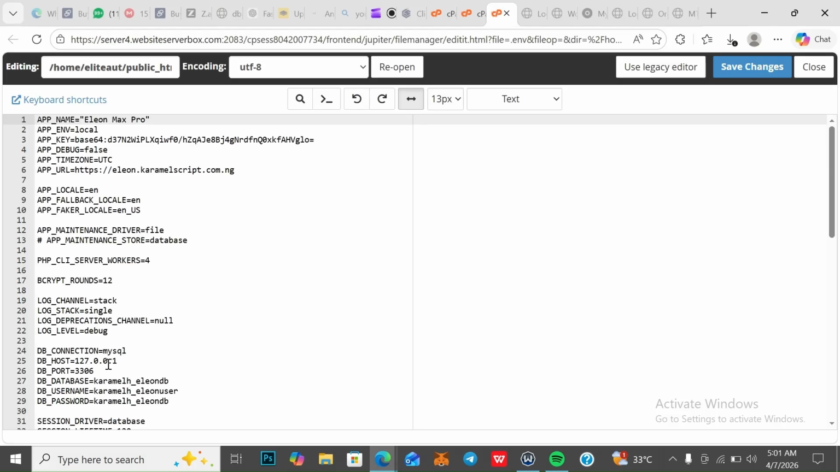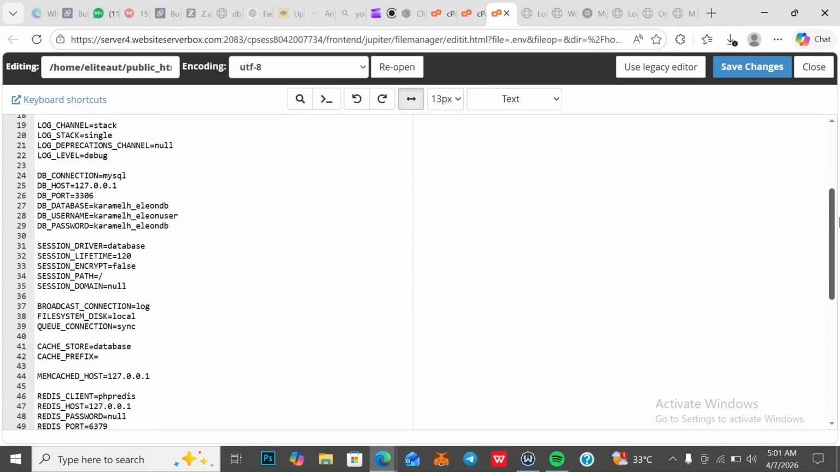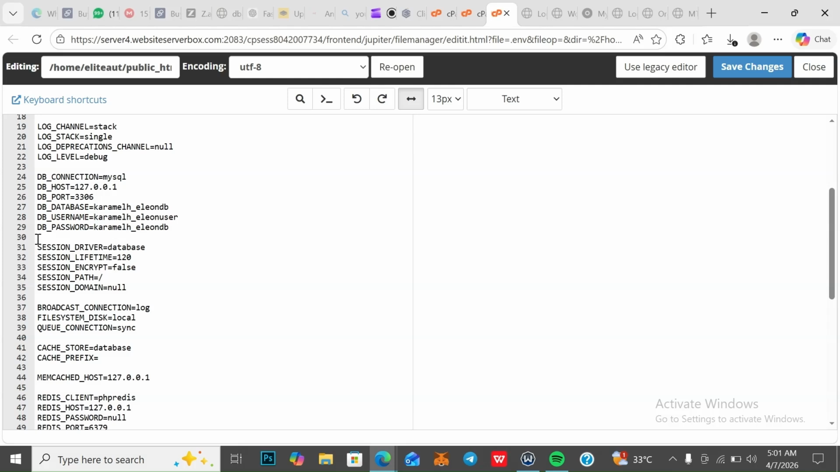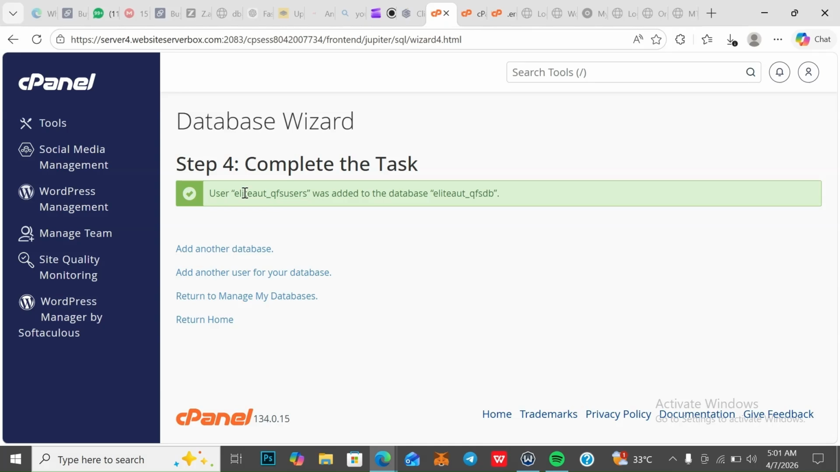So what we are going to do now is replace the name here with our database name, the names that we just created. Here it is asking for the database password. I'll click here and paste my password. Remember I told you to keep it in a safe place. I'll save my password, then I'll go back here and copy the username,